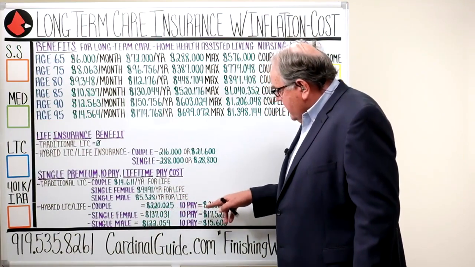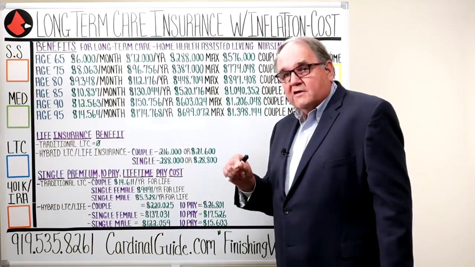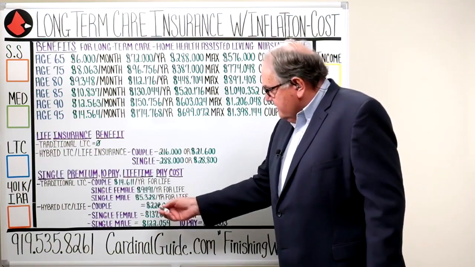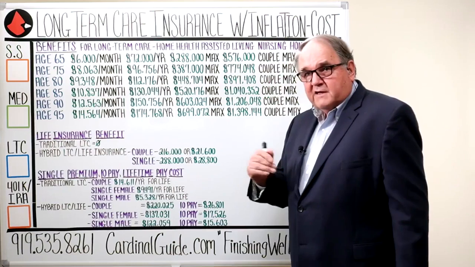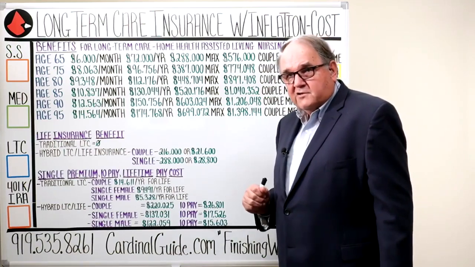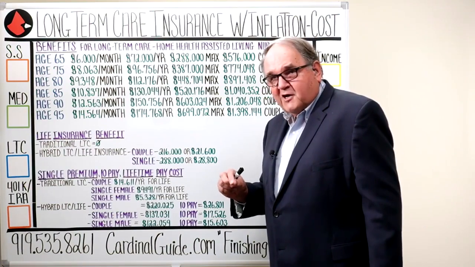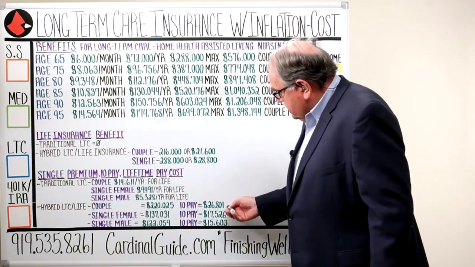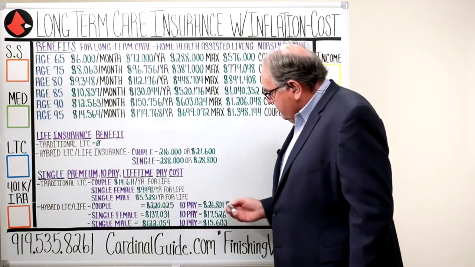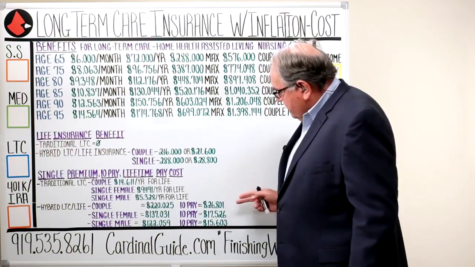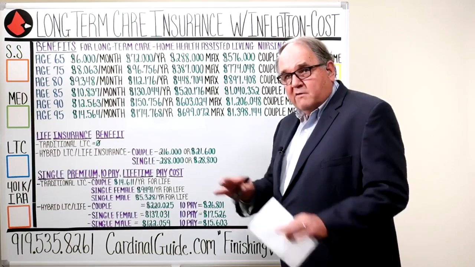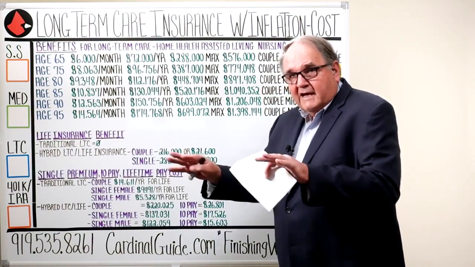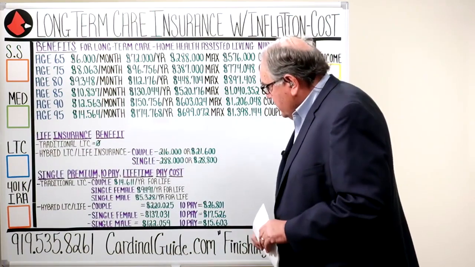$220,000. The 10 pay is $26,000 a year for 10 years. So we can calculate the interest savings of a single premium versus spreading it out over 10 years. If you come in and see us, we'll do that on your illustration and show you what kind of interest the insurance company is charging you or you're getting on your $220,000, but this is a way to spread it out. We also could offer you this policy and set up a lump out of your IRA to kick out 26 grand a year. So we have a lot of financial planning moves that we can make if you're interested in setting up one of these policies that fits in with your retirement plan.